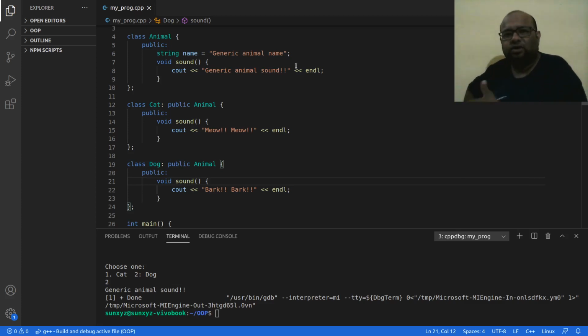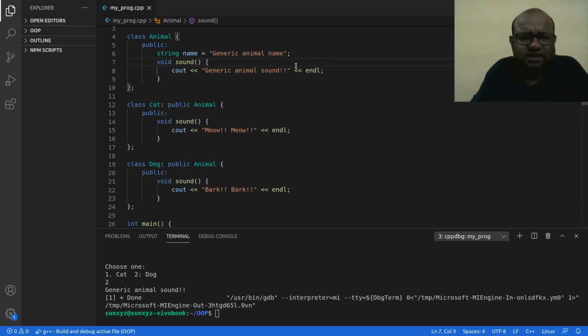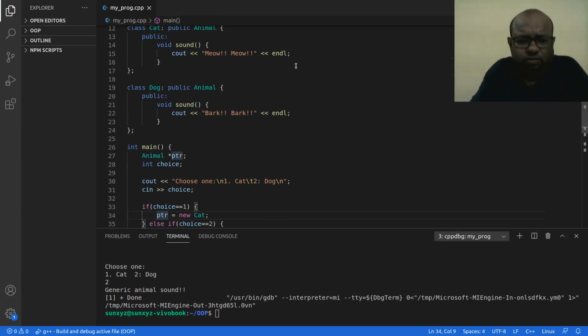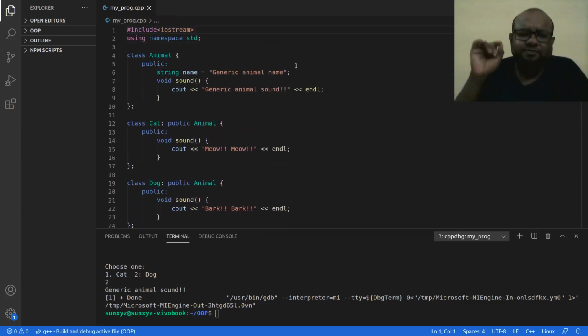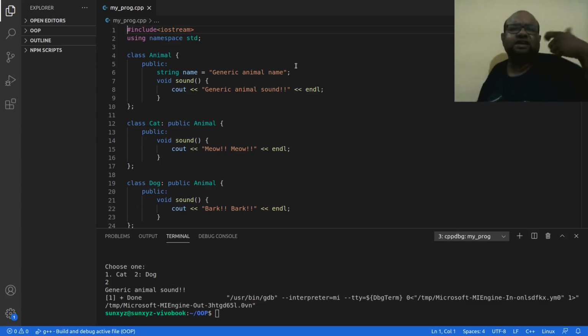We will talk about this in the next class, but right now just understand that if I do not have this keyword virtual in front, no matter whether this parent class pointer is pointing to a cat or dog, when I call any method, the original method in my parent class is going to be called, not the overridden one in my child class.